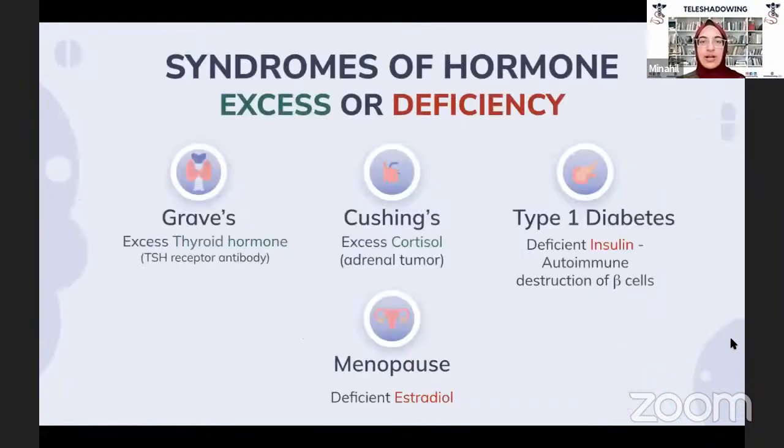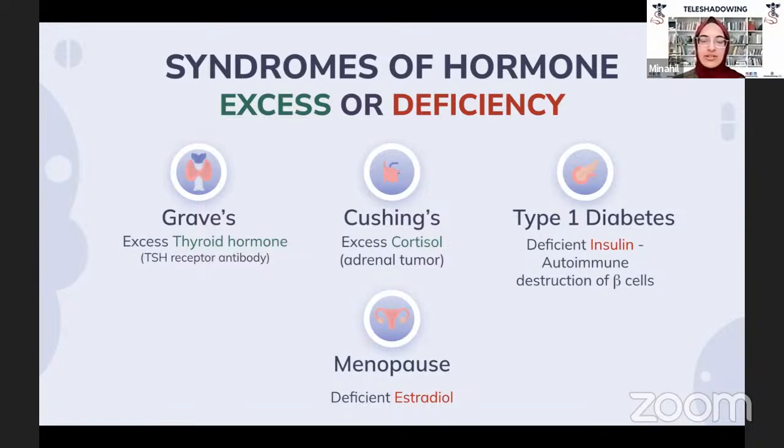levels. As I was saying, there are a lot of syndromes of hormone excess or deficiency. This is basically the backbone, I would say, the foundation of endocrinology as a field. If you have excess thyroid hormone, that's called Graves' disease. If you have too much cortisol, that's called Cushing's disease, and it could be caused by an adrenal tumor. An adrenal tumor could push on a gland and cause it to become overstimulated and produce more cortisol, but that